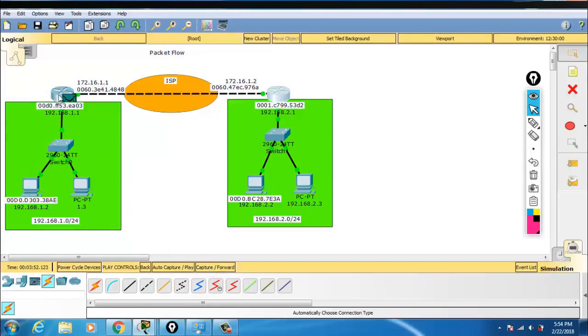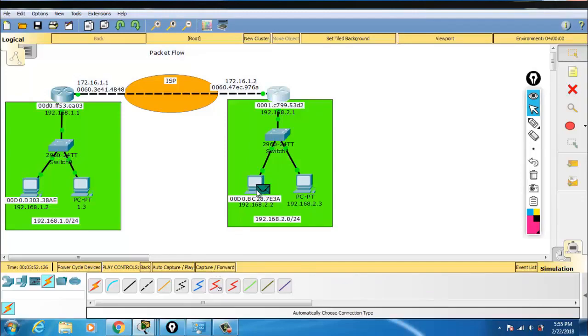Now this time, because this computer has the destination MAC address, which is the default gateway, and this router has the destination MAC address of the next hop, and this router also has the MAC address of the destination device, the ping packet will be sent directly to the destination device.